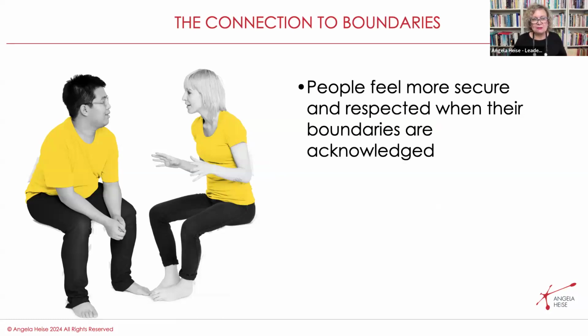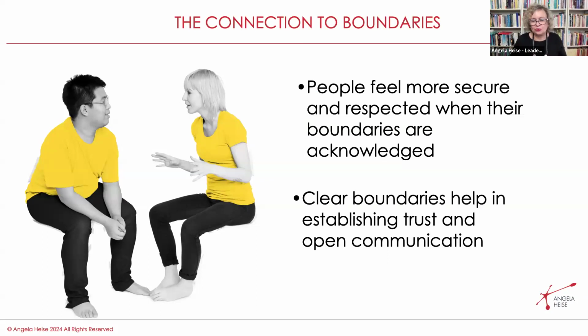When you respect their boundaries, they also feel more secure and really respected. And that's really important, especially with the younger generation who have grown up in a very different environment to older people, where they have a voice that's much more articulated. So they don't necessarily just follow the rules, but they also want to know that they can contribute. And so they may jump over the boundaries, but if you're negotiating the boundaries with them, then you create a great win-win situation. And what you do is you help really establish trust and open communication, because it means that you can negotiate as partners. You're no longer having a parent-child relationship.